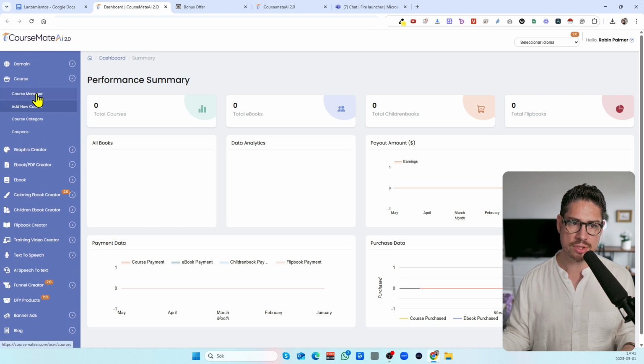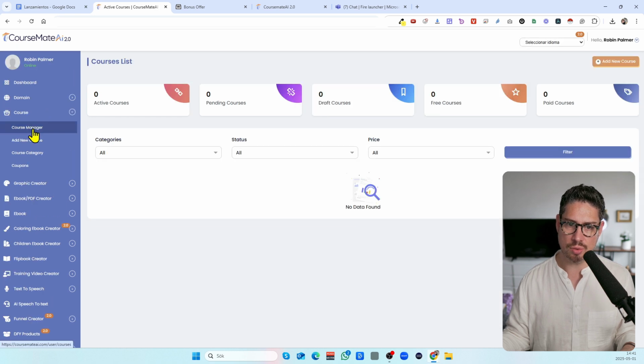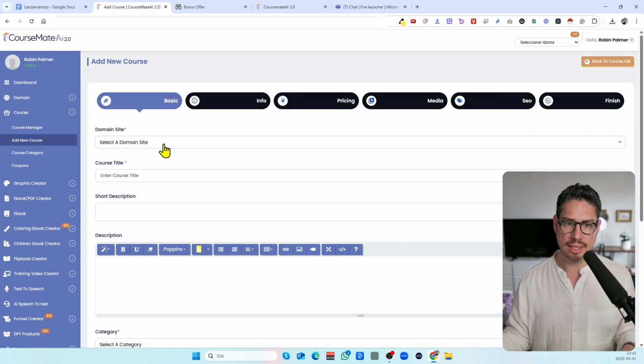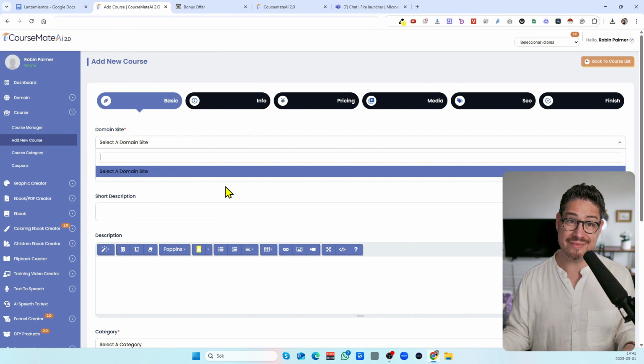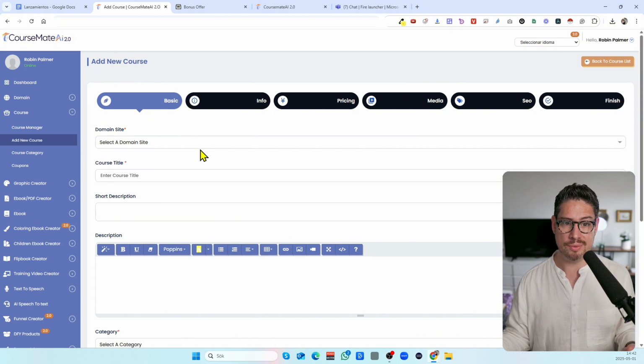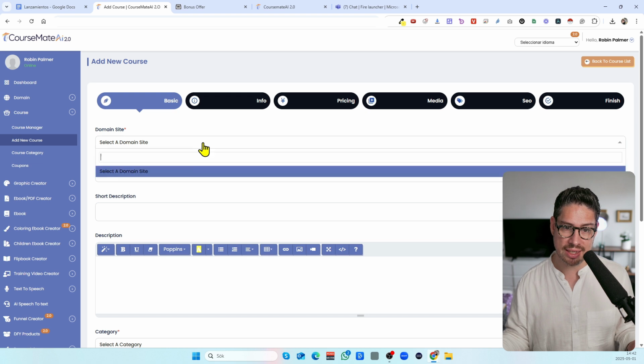Then here on the courses, you can basically manage your courses, and then you can add new courses as well. You can see the category, status, and the price. And if you want to add a new course, you can click here, or you can click here on the left, and basically you'll have to select a domain. I haven't done that, so you'll have to do that, but I want to show you a little bit about how it works. So you add a domain here first, but you'll have to select that from this first section